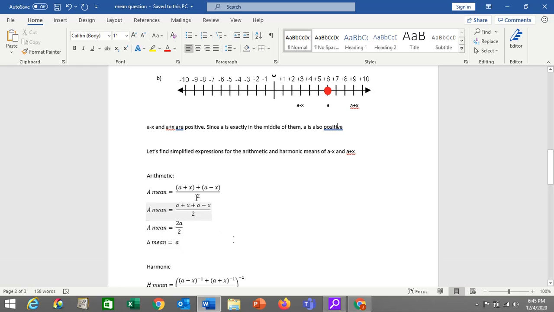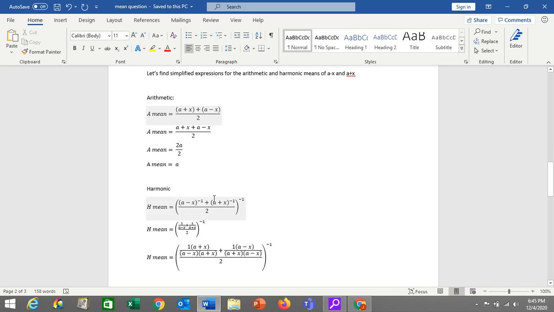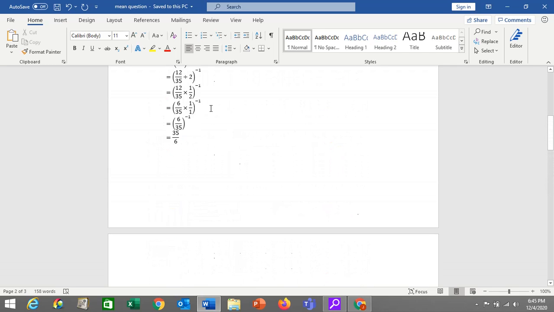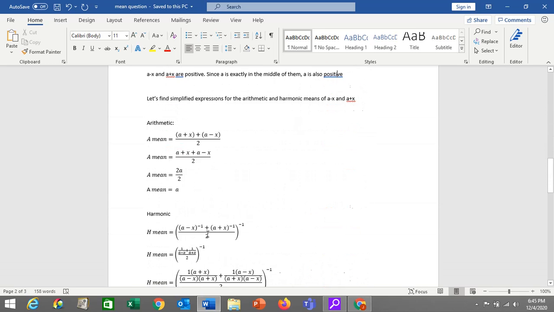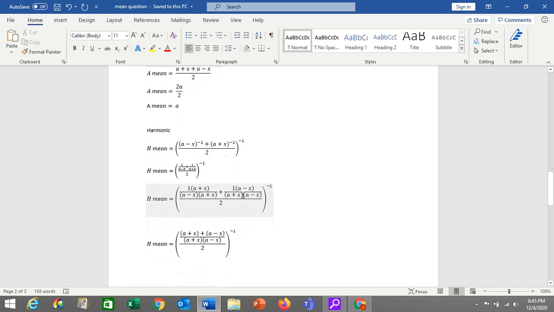Okay, so we're going to do the same thing for the harmonic mean. So again, very procedural, kind of long, but it's basically the same thing that we did here, just now we got some variables in there. So we put our two numbers in there, a minus x and a plus x, both raised to the -1. We flip them, same as before. We find a common denominator, same as before, and then we just,